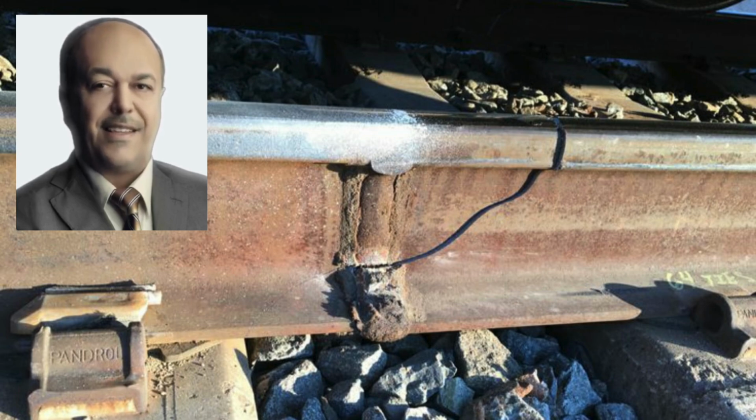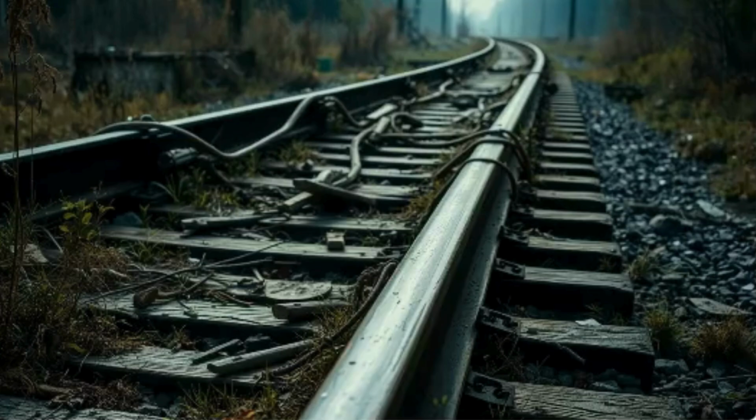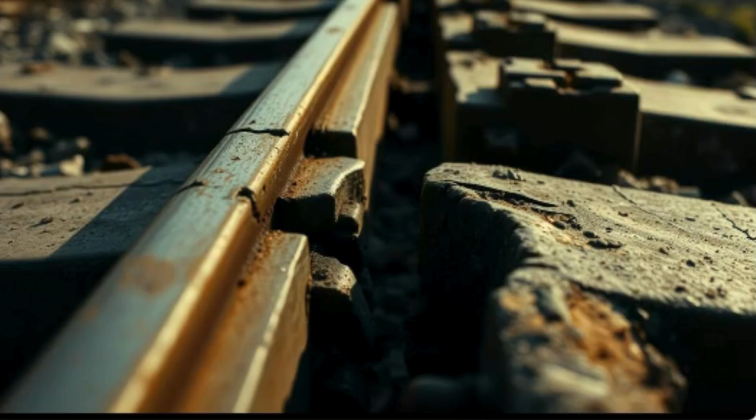We'll explore how materials react under pressure, how rail deformation is predicted, and why just one miscalculation can lead to disaster. Whether it's thermal stress, track buckling, or ground settlement, each challenge tells a story about physics, precision, and engineering resilience. So next time you watch a train fly by, remember, you're not just seeing motion, you're witnessing a masterpiece